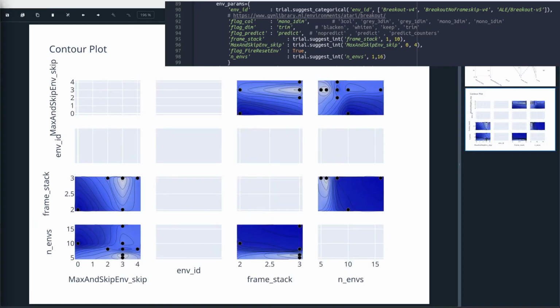This becomes also evident in the contour plot, which is produced by the next line of code. Here we would expect something like 40 different black dots, because we have run 40 different trials, but we only see less than 10. The reason for this behavior is that Optuna only looks at the set of trials that have been completed, meaning they have not been pruned. So you will see a highly biased picture in the sense that only those trials which have been good enough to not have been pruned are visualized. So all the trials that have been pruned, which very likely have worse values, are not seen